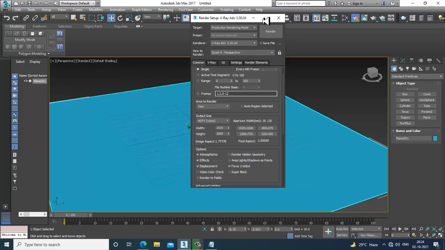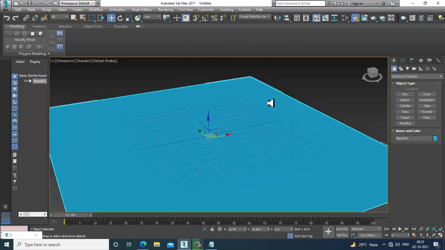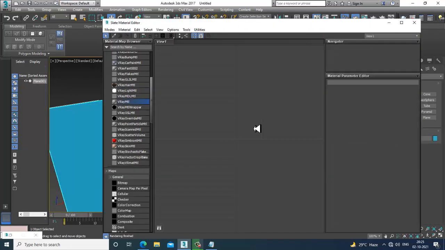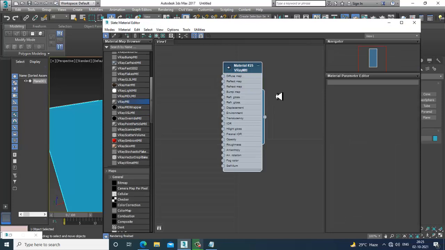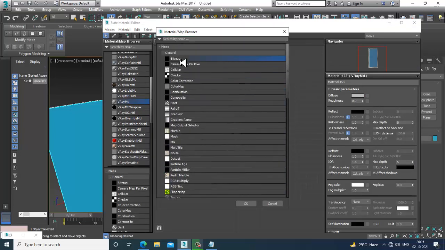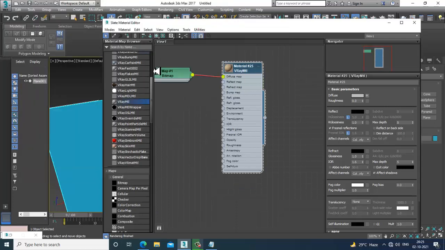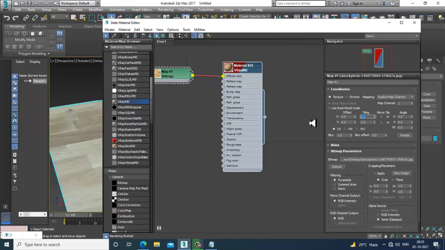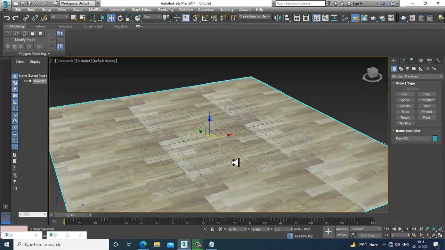After that, let's go into material. Let's give a V-Ray material for this floor over here. Let's go into the bitmap and I'll assign this texture over here for this. If you want to give some reflections, you can give the reflections also.